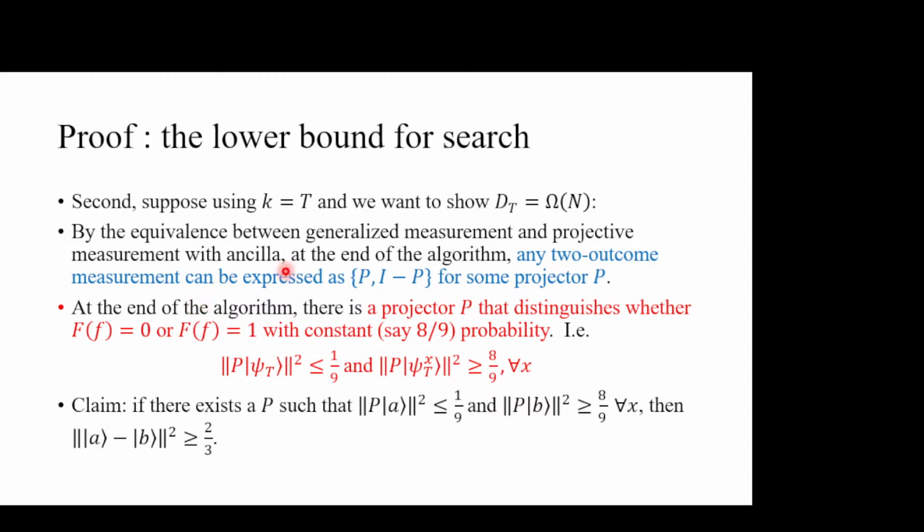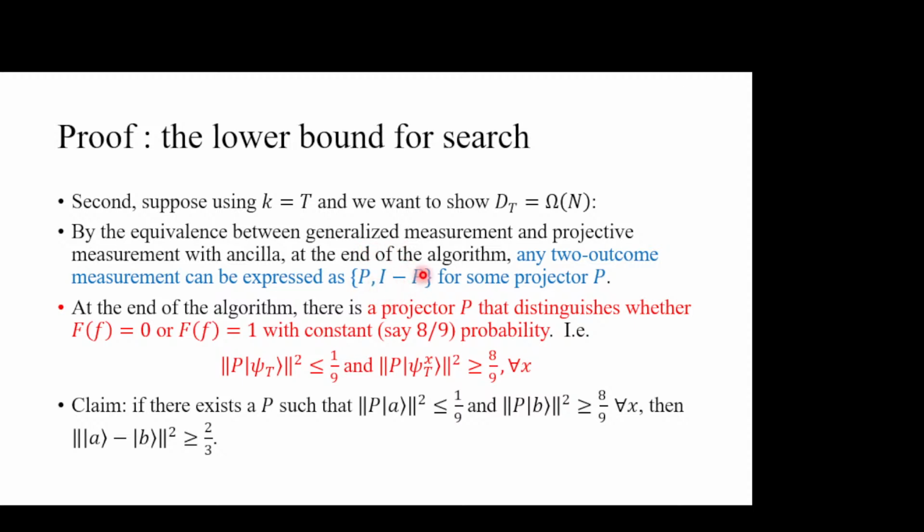Okay, and anyway, you have a two-outcome measurement, and that can be a generalized measurement. But then you realize that in chapter 1 we talked about the equivalence between generalized measurement and projective measurement. We say that any generalized measurement you can do with projective measurement with an ancilla. So at the end of the algorithm, the two-outcome measurement we do, we can assume that it is done with projective measurement, and we express the projective measurement with